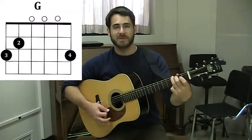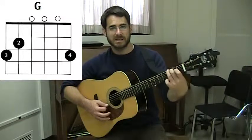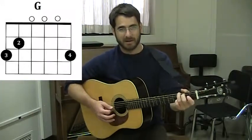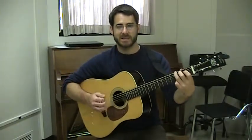Now right now you're probably still trying to get your pinky to go there. Our pinky does not like to do work on its own. It's kind of a lazy finger. It's actually not so much lazy, it's just we don't use it for very much by itself. It's normally just used for grabbing other things with those fingers. If you work at it, this will end up being easier, and there's a whole lot of advantages